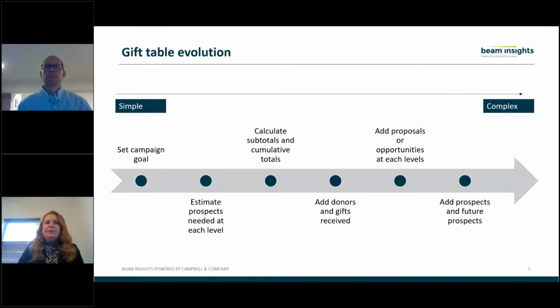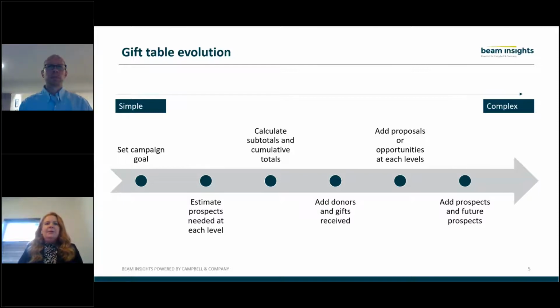and calculate your subtotals and cumulative totals so that you can see how many dollars you need to come in for each level of the gift table. We'll talk about this a little bit later, but it's a really good tool that you can show your board members and other staff members how much work you need to do at the 6 and 7 figure levels of any fundraising initiative, and where your time needs to be spent when you are thinking about the prospects that you